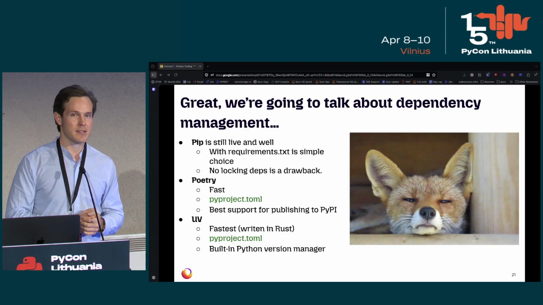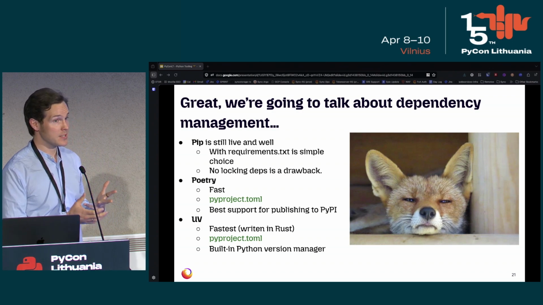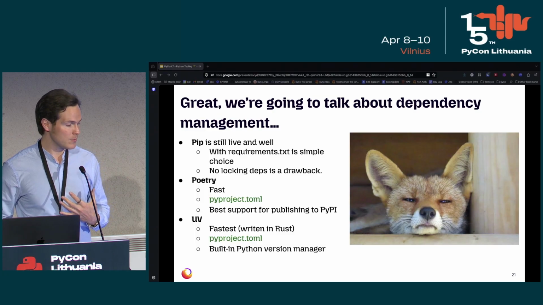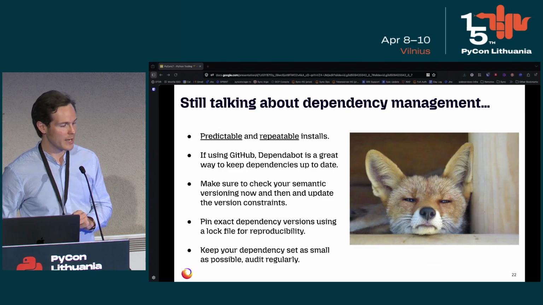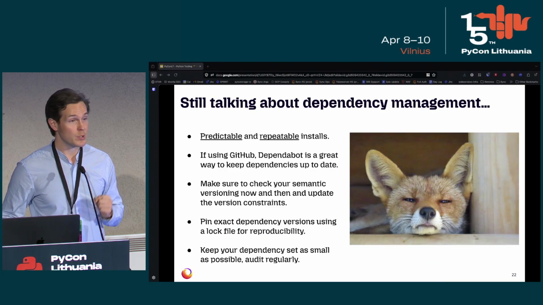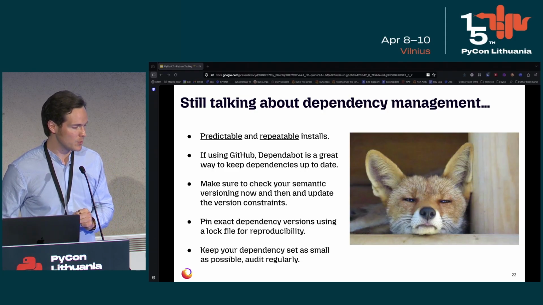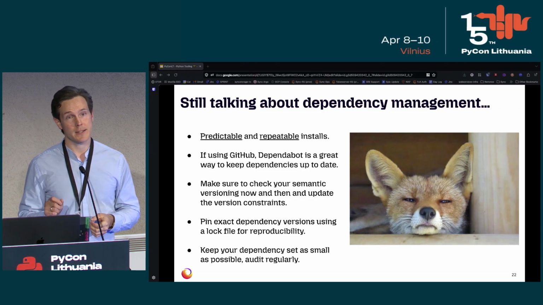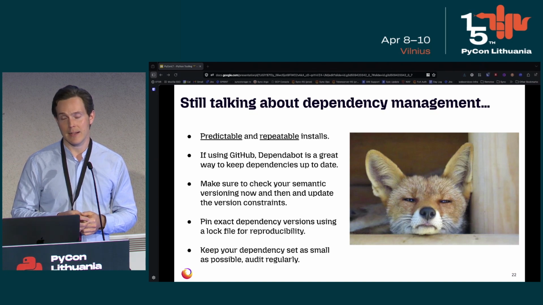So these days I highly recommend everyone either switch to Poetry or UV. Obviously, it's going to depend on your individual use cases. UV is, of course, much more efficient and fast and has a whole slew of additional benefits that we've somewhat enumerated. But the key is that you have predictable and repeatable installs, which is the cornerstone of using these dependency management tools. If you use GitHub, which I assume most people do, having a dependabot configuration to keep track of your dependencies is a really efficient way to manage all of this.